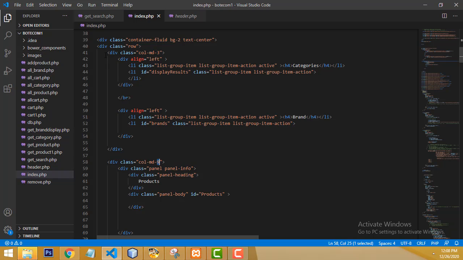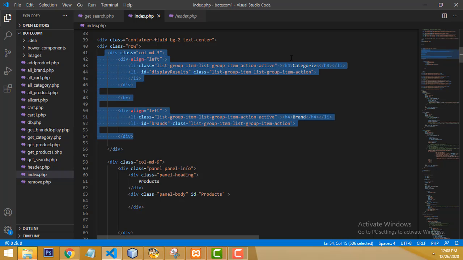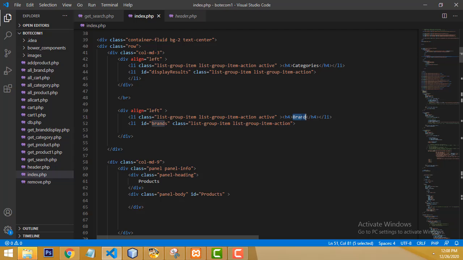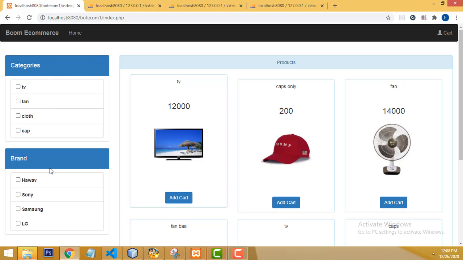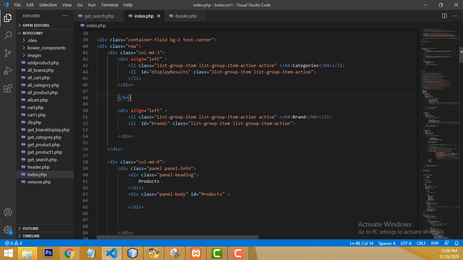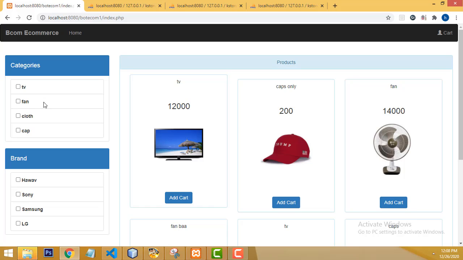So here this should cover the category and brand. First one should be the category, second is the brand. Here it's category, and this one the brand. This is a simple style I have created, right? This is the heading, category. This is a list, I have created a simple list. Inside the list we have to drag all the